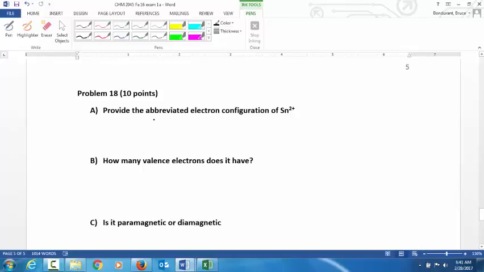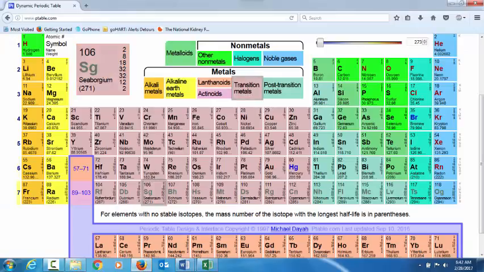So this is more conceptual than quantitative, except you are counting electrons, but that's not a big deal. That's just small numbers and not a lot of algebra. So let's go to the periodic table online. Here is tin, Sn. If you're able to find the tin as Sn and not Ti or something like that,